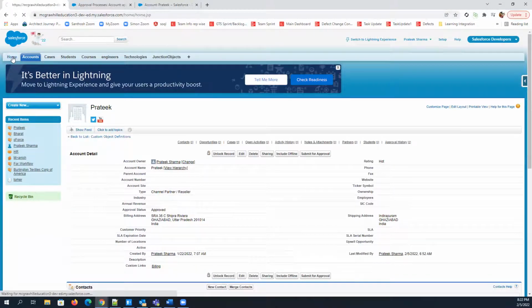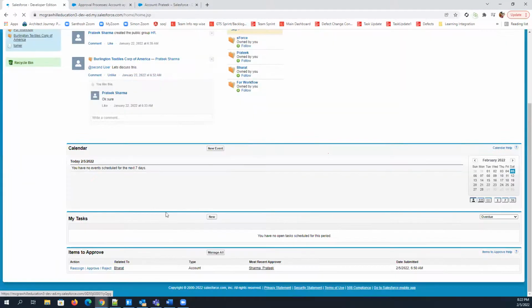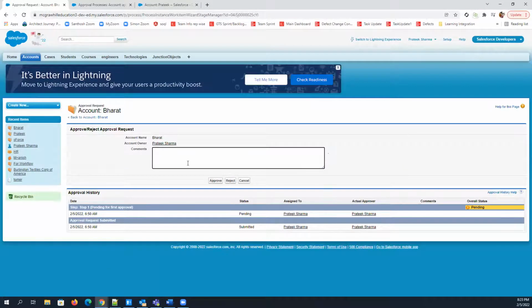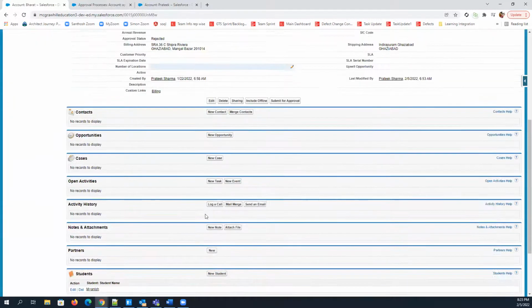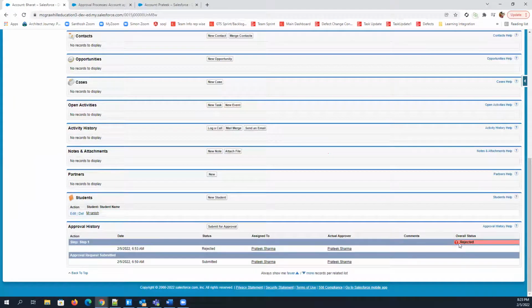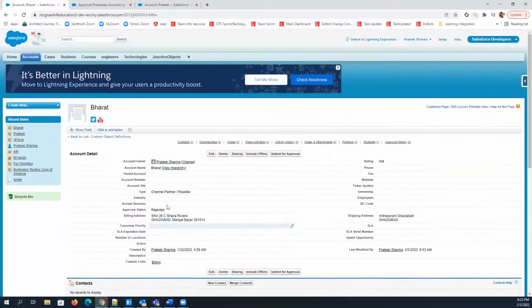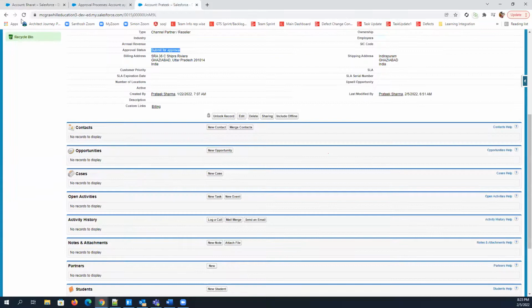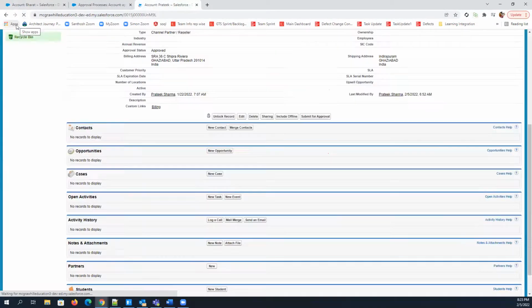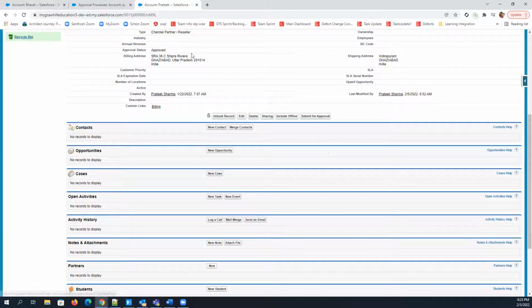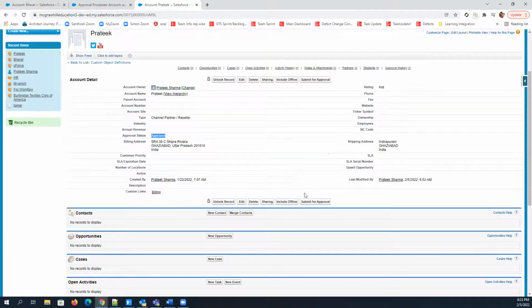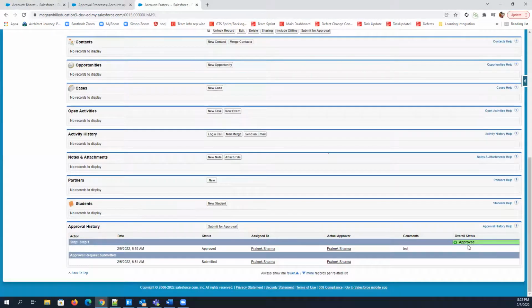And again, going on home page. So now it is only showing 1 record as we have already approved one. So for this one, I will reject. So I'm just rejecting this record, something like that. And here you can see it is coming as a red flag, and the value of approval status is rejected. And for this record, let me just refresh the record. It is coming as approved, and here as well it is coming as approved.